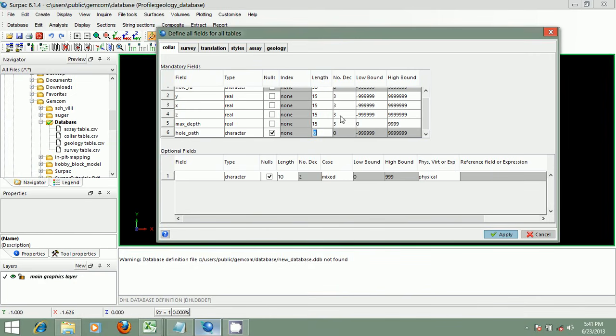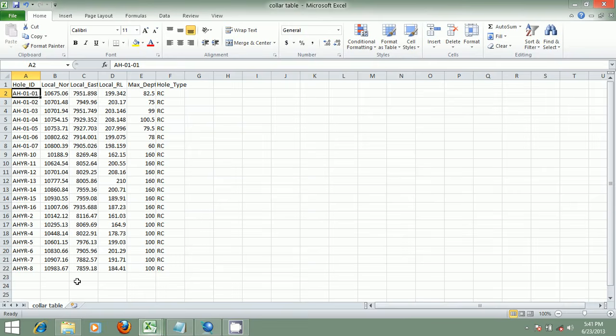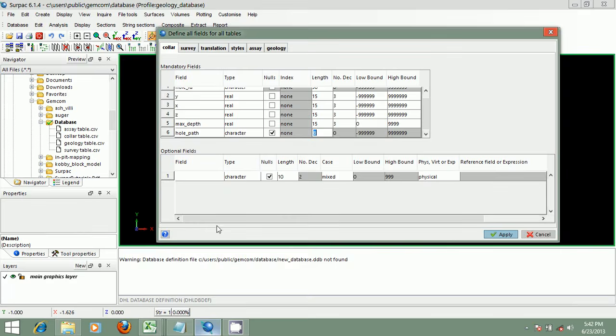You can adjust the number of decimal places to suit what you want. So aside these mandatory fields, if there are other fields in our color table, we just bring them to the optional fields. So let's have a look at the color table. We have the hole type, and it's a character field. That's alphabet and numbers stored as text. Okay, so I will enter that one, the optional field,